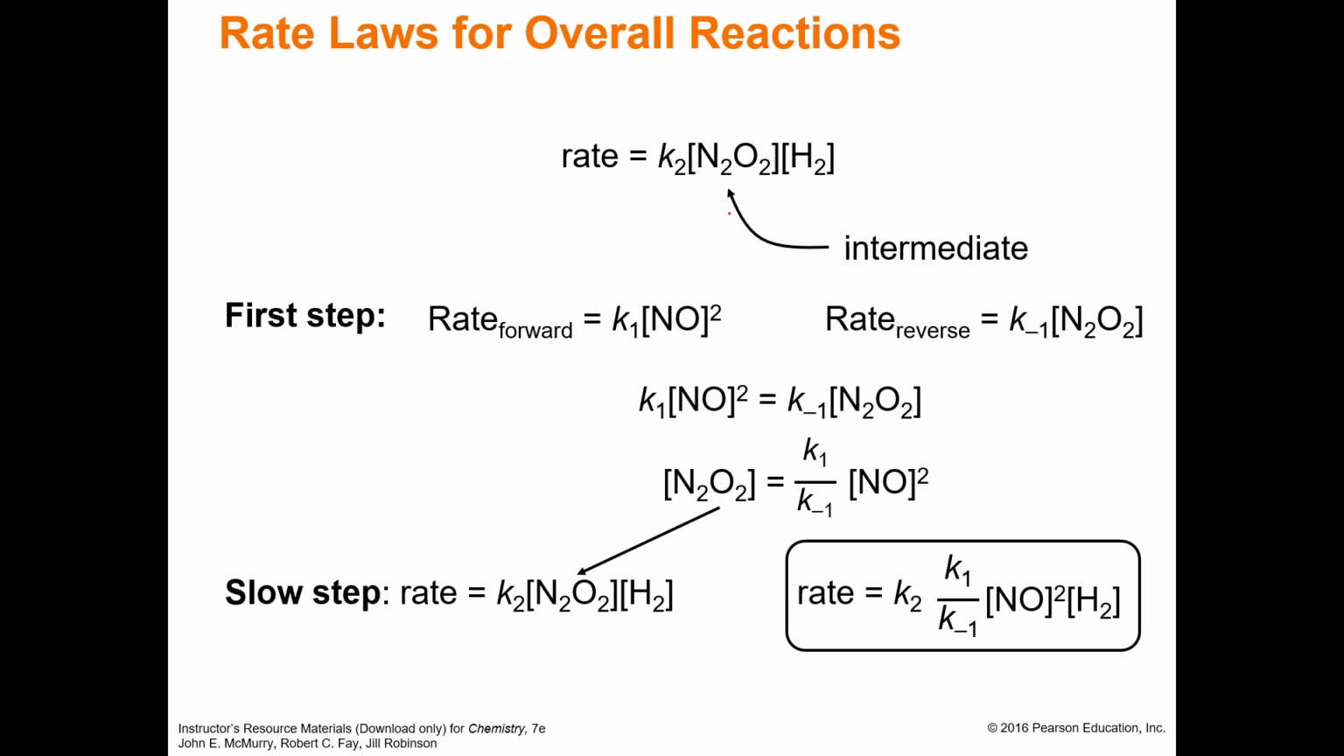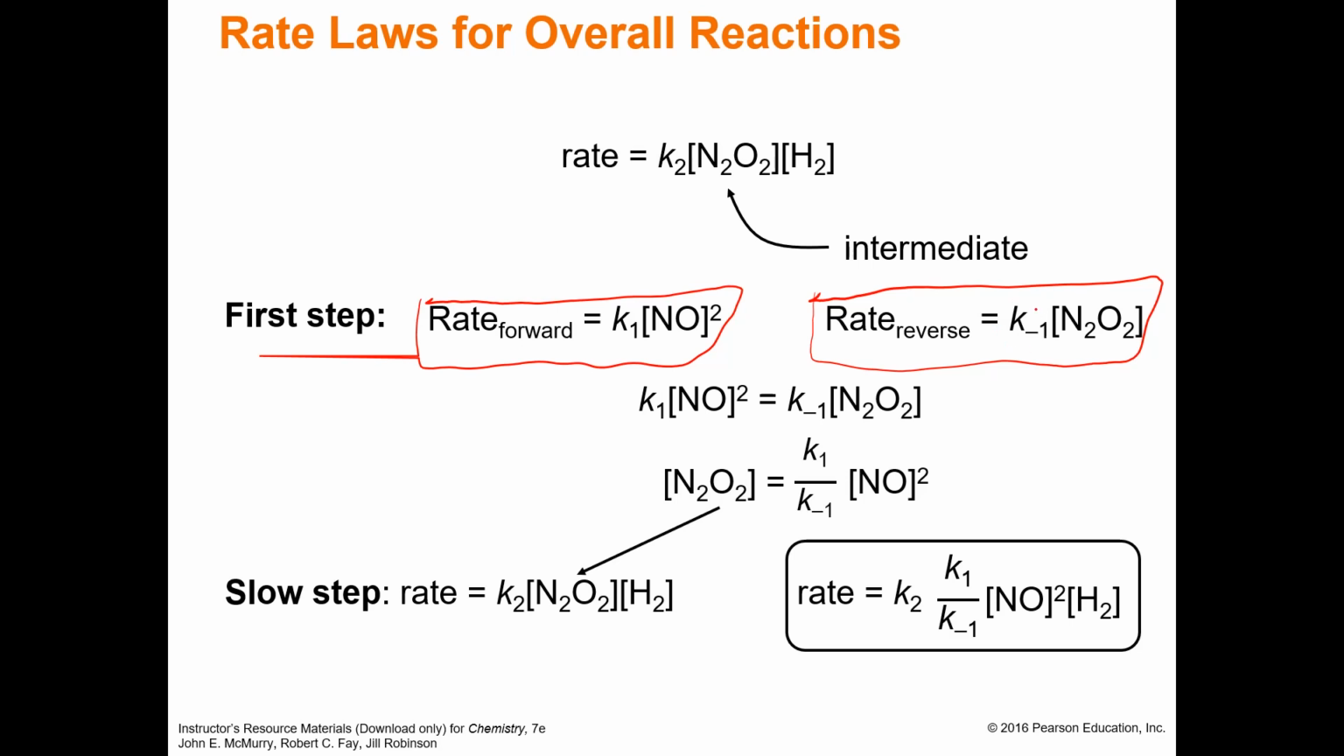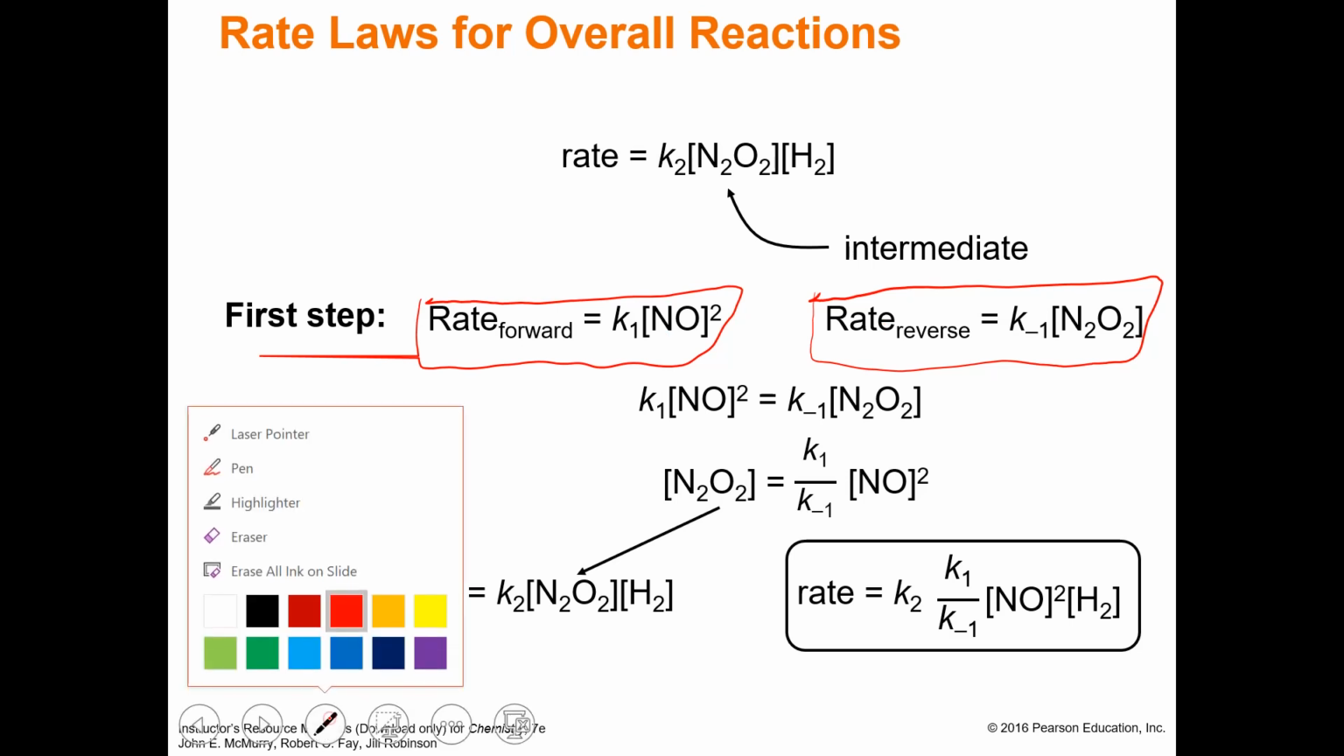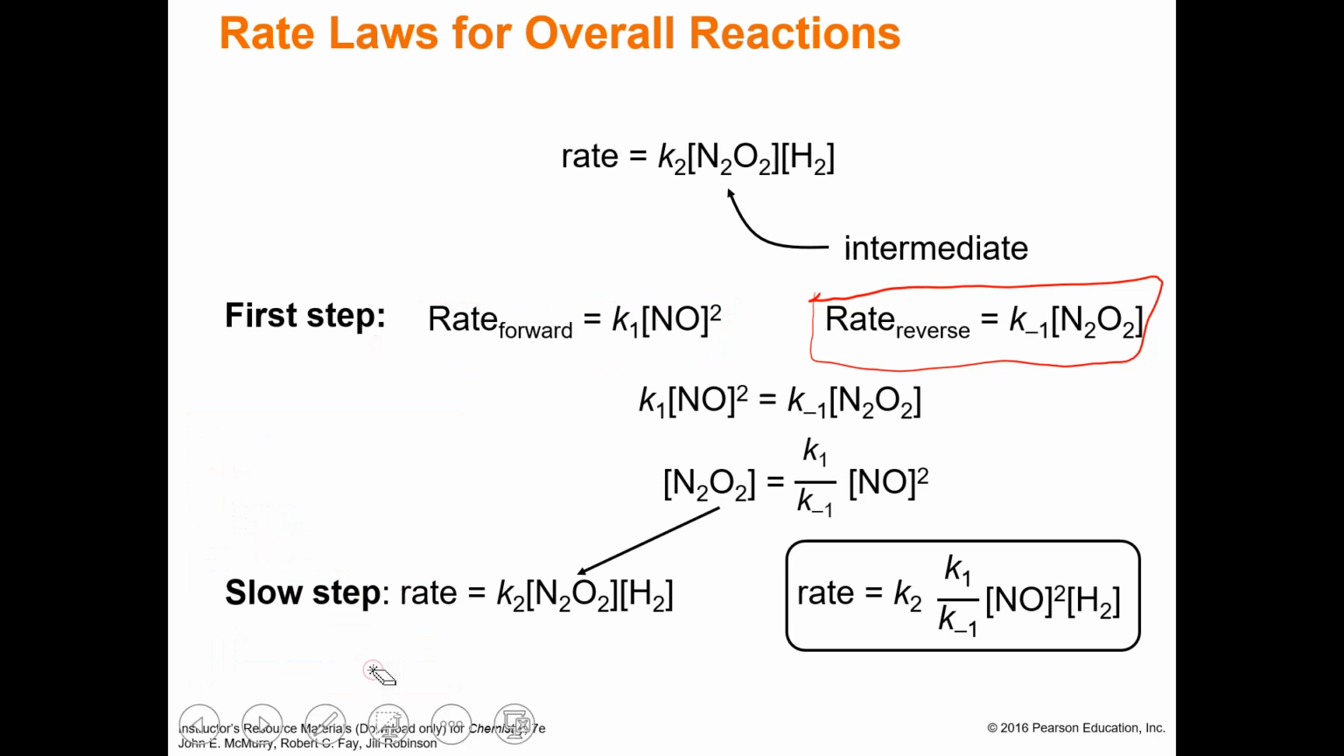So if we look at N2O2, it's made in the first step. So the rate law for the forward reaction would be K1 times NO2 times NO squared. This is our rate for the forward reaction. So we can write a rate law for the reverse reaction, which is the rate constant. We write that as K-1, since it's for the reverse reaction, times N2O2. So since the rate is going to be the same going forward and backward,